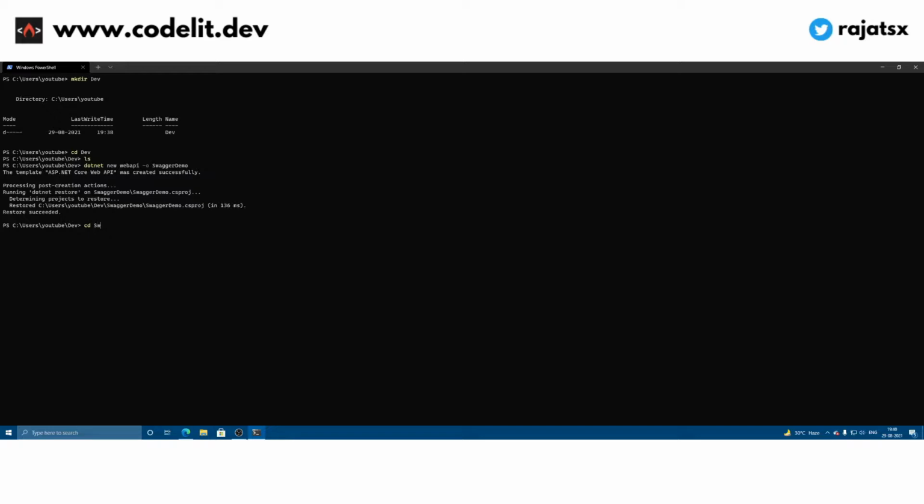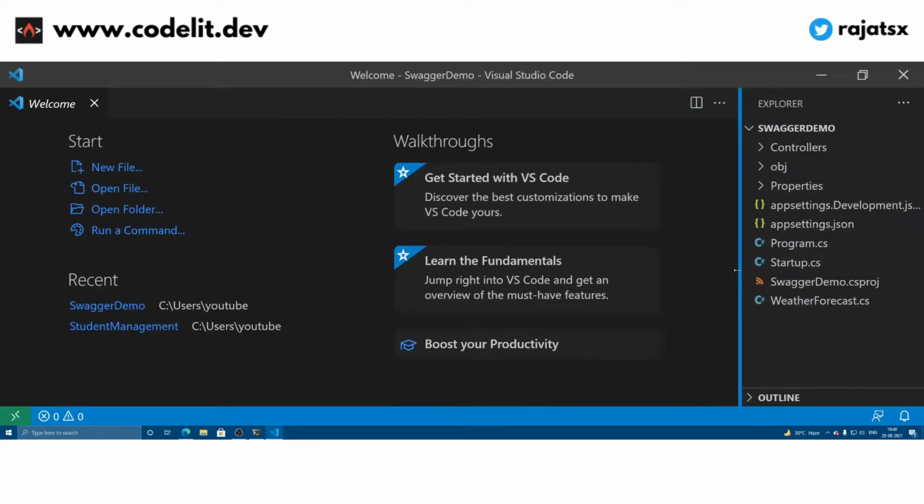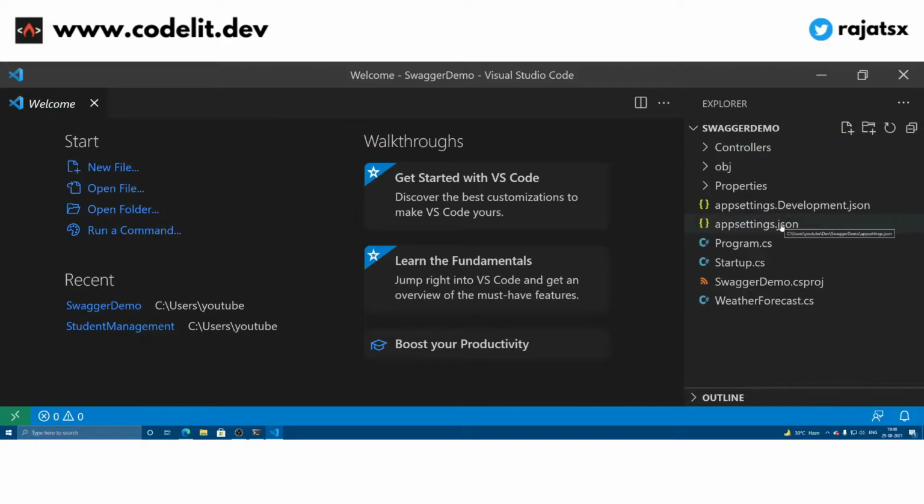I'll navigate to the folder and open it in my favorite text editor. For me it is Visual Studio Code. So these are all the files. If you have seen my earlier videos which dealt with setting up APIs and building APIs in .NET Core, you might have some idea about what these files and folders are. But if you are very new to the .NET ecosystem, I highly recommend you to watch my other videos where I have detailed everything related to setting up web APIs in .NET Core. So if you are brand new, please check those videos out.